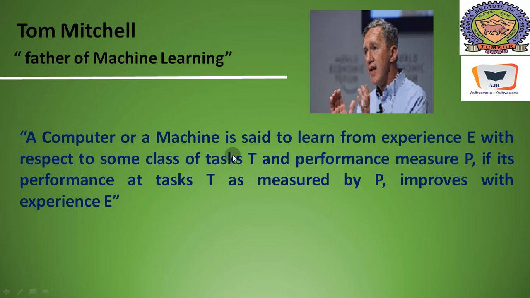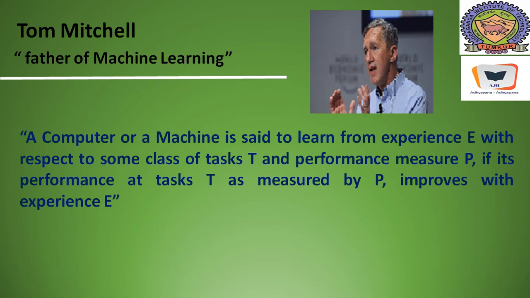A computer or a machine is said to learn from experience E with respect to some class of tasks T and performance measure P. There is a performance measure for the task T. Of course, this task T is done using the experience E. Here experience E is nothing but the data or the features. If its performance at tasks T as measured by P improves with experience E,